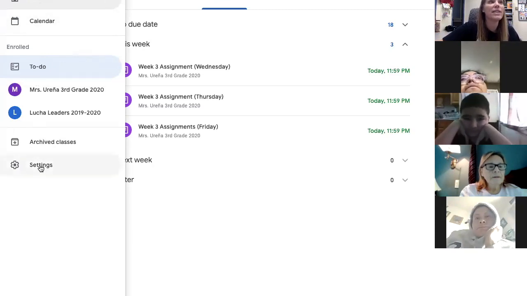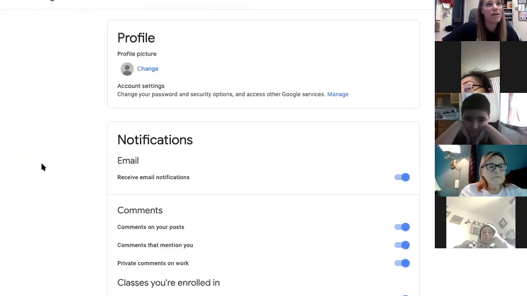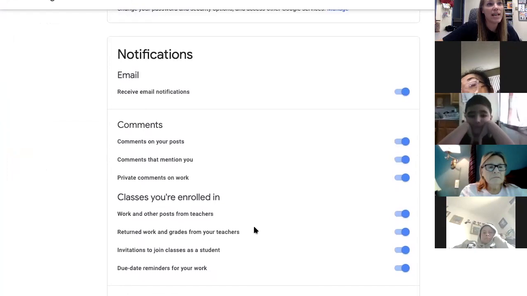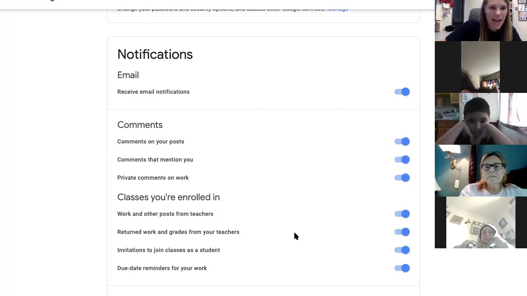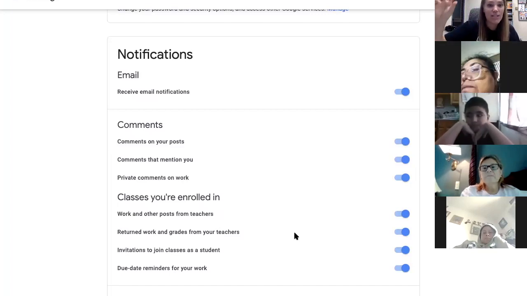And then there is also the settings tab at the bottom. This is really, again, for elementary, not as needed, but when you think about a middle school student who will have a class for each of their different teachers, you can imagine that that gets a little bit more complicated.